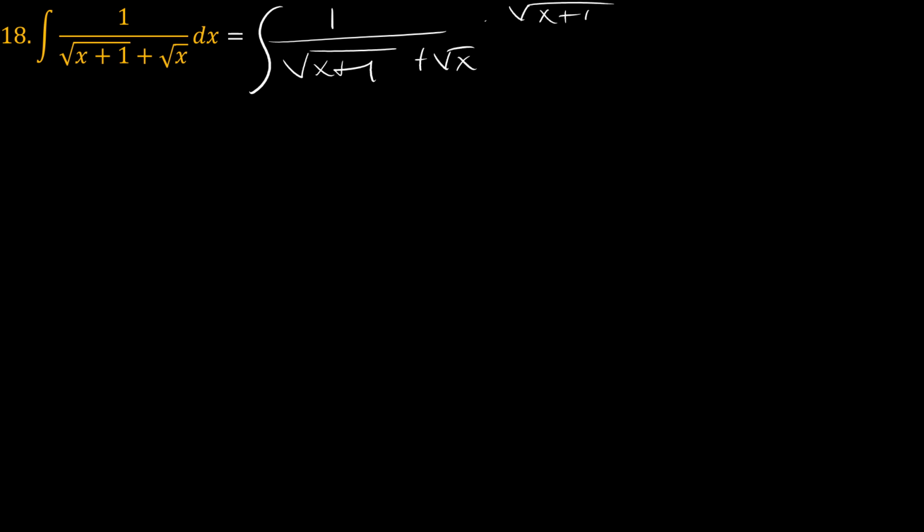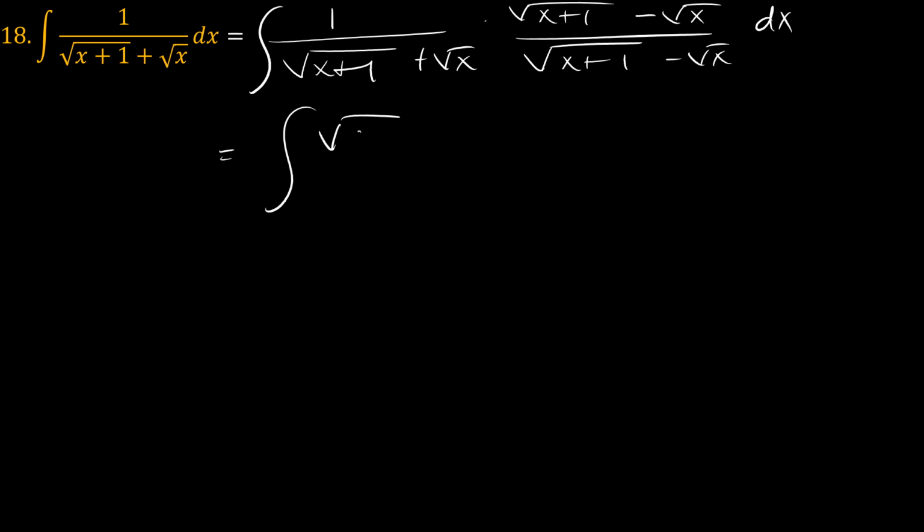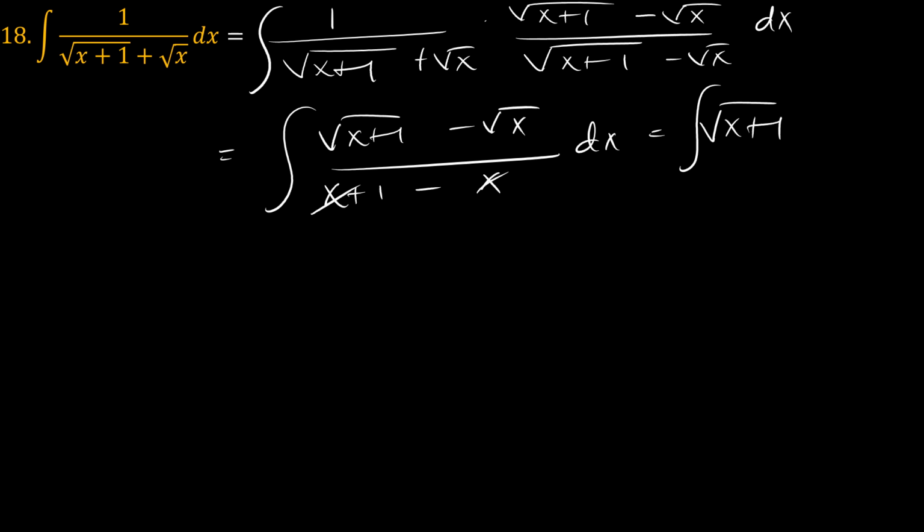This integral, number 18, the indefinite integral of 1 over square root of x plus 1 plus square root of x, can be attacked in the following manner, can be solved in this way. So we can multiply both the numerator and the denominator by square root of x plus 1 minus square root of x, such that in the numerator we have square root of x plus 1 minus square root of x over x plus 1, difference of 2 squares, minus x. This cancels, so we have essentially that. Okay,